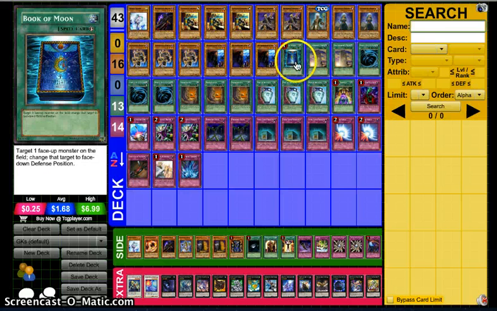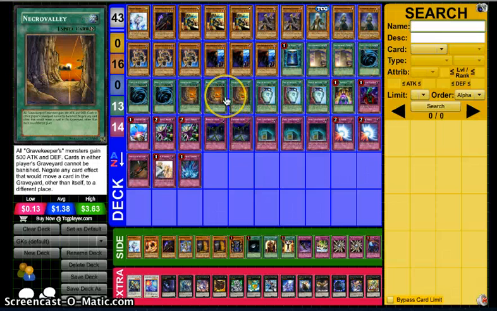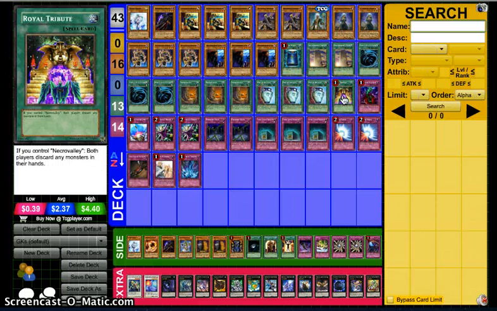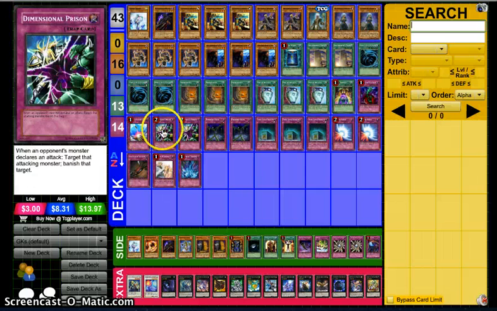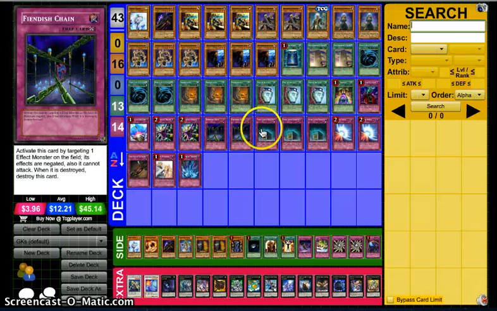On to the spells, we got 1 Book of Moon and the 2 Gravekeepers Steel, triple MST, the triple Necro Valley, the triple Pot of Duality, and the 1 Royal Tribute. On to the traps. There's always a lot of traps in Gravekeepers. We got the 1 Bottomless, the 1 D Prison, the 1 Compulse, the double D Prison, the double Fiendish Chain,